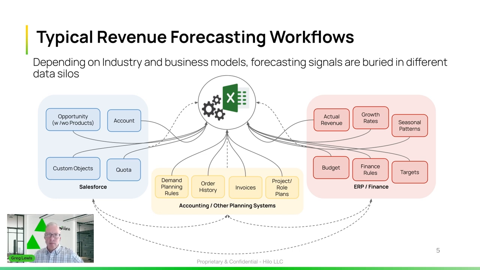Spreadsheets aren't scalable. We're often replacing customers with anywhere from 500 to 5,000 spreadsheets floating around through the enterprise. There's obviously compliance issues with spreadsheets, but at the end of the day, what we see with spreadsheet-based forecasting between sales and the rest of the enterprise is we see cycle times on turning around forecasts that are based on pipeline and based on activity in Salesforce as long as a month.